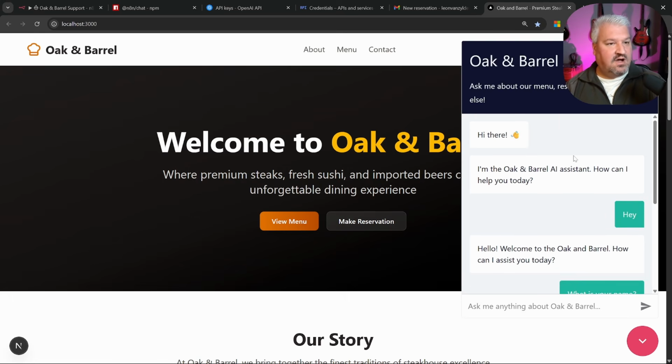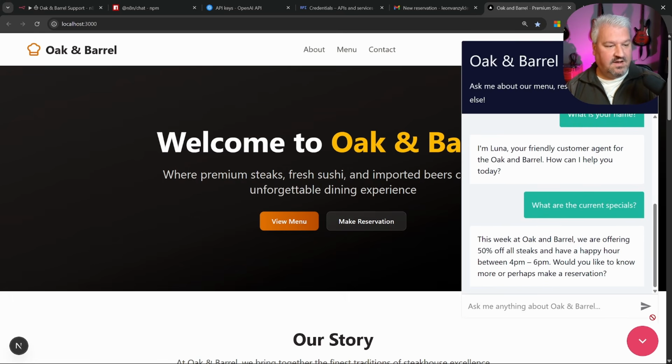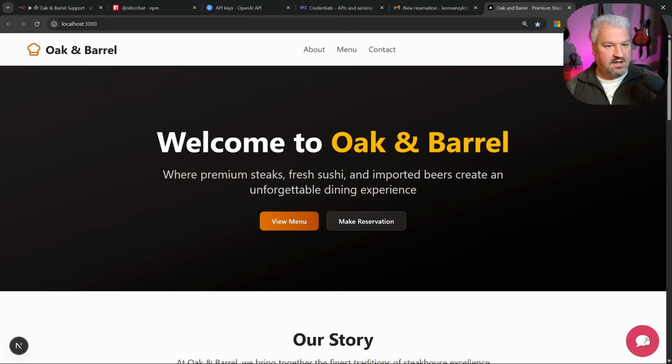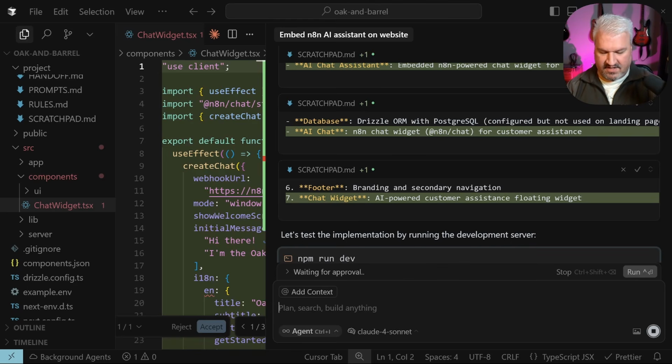Now, changing the styling should be very simple as well. So I don't really like this pink color. I wanted to have an orange color instead to match the tone and theme of this website. So let's tell the agent, please change the styling of the chat widget to match the branding of the rest